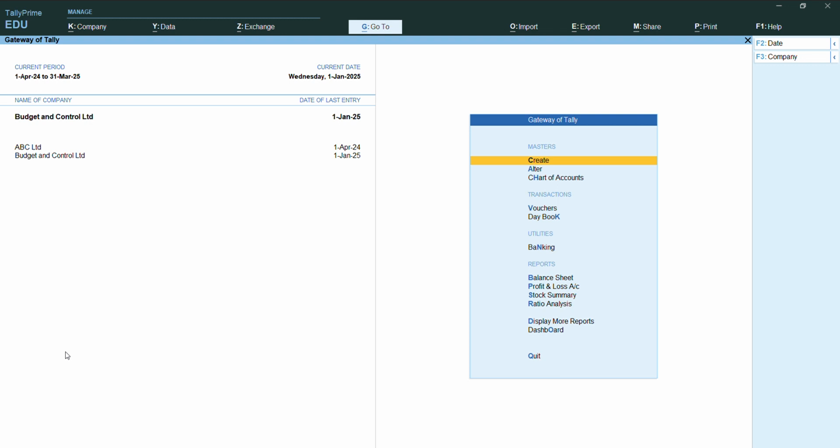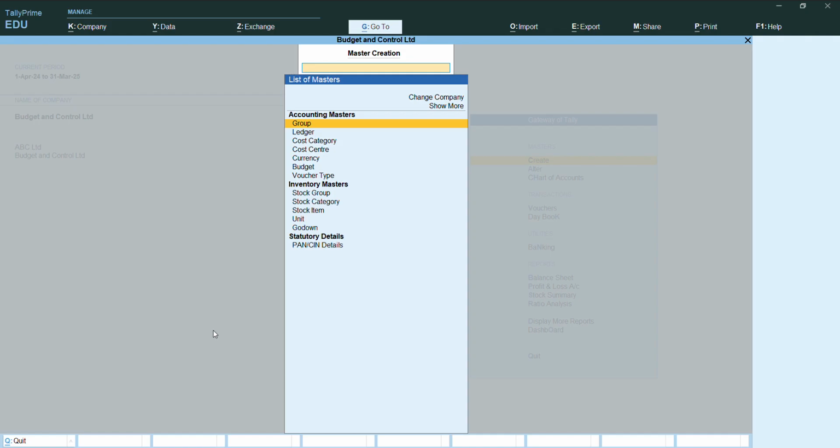In our last video, we tried to make a cost center wise budget. For this, we followed some steps: creating cost centers and cost categories, and creating ledgers with active cost centers. Now we will follow our next step, which is to create a budget of cost center with balances. For this, come here to Gateway of Tally, then go to Create, then select Budget,